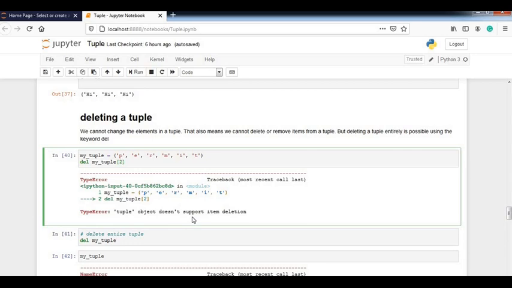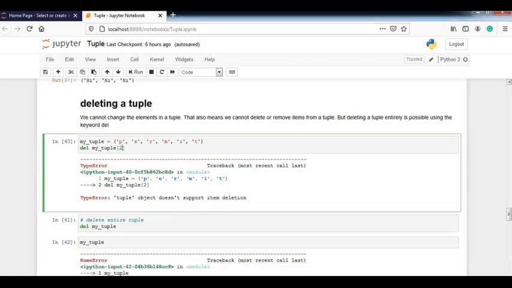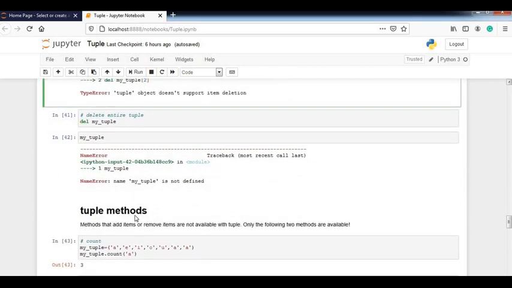Here's a good thing about Python: it provides a very clear message about the error, so you will understand everything. Next, if you want to delete the entire tuple, simply write the keyword del and the name of the tuple. When you check my tuple, it is not available; the error says name my tuple is not defined, because in the previous statement I deleted my tuple with the help of the del keyword.